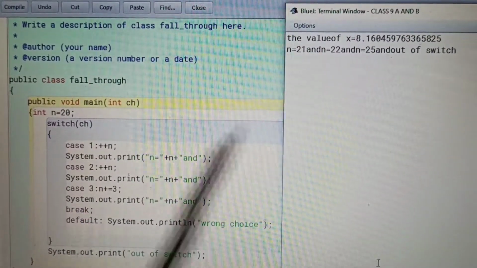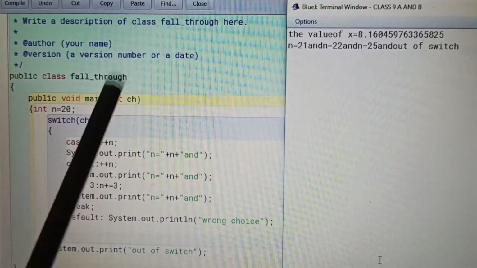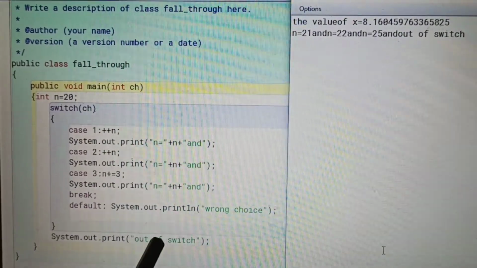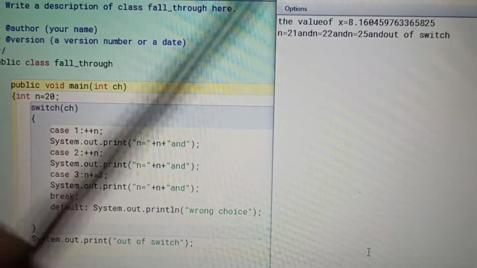So 25 is showing the third value, case number 3, and at the last it will print out of switch. It means the switch statement is finished over here.